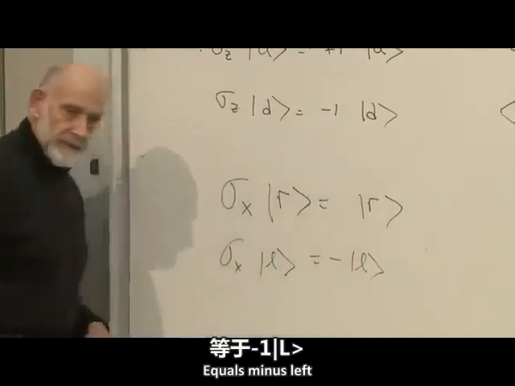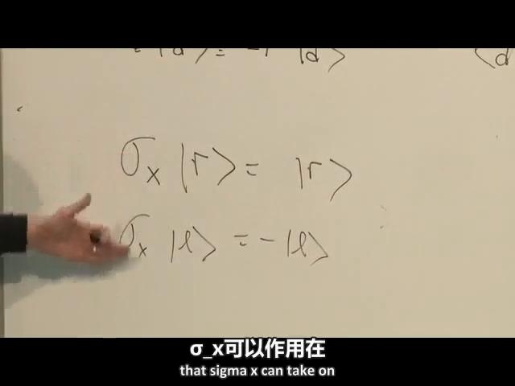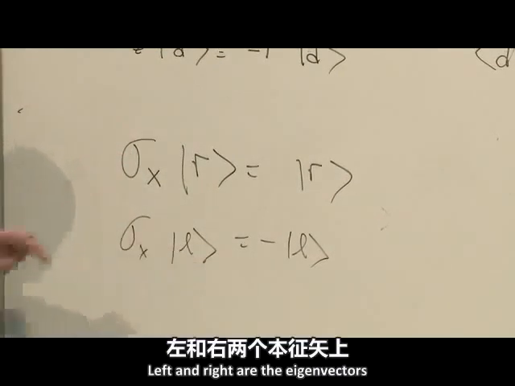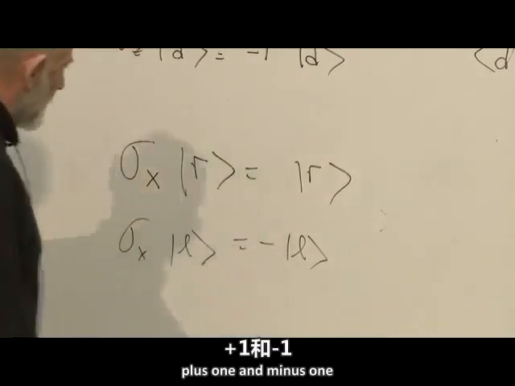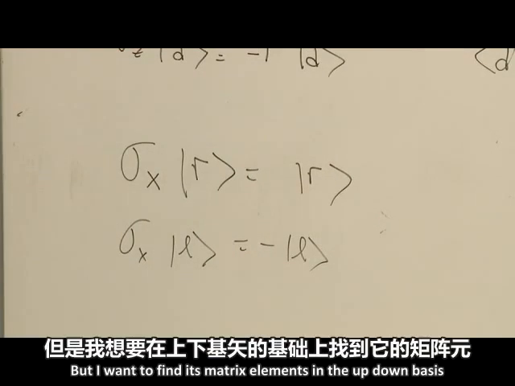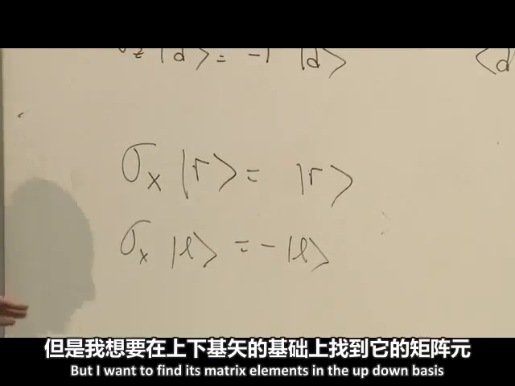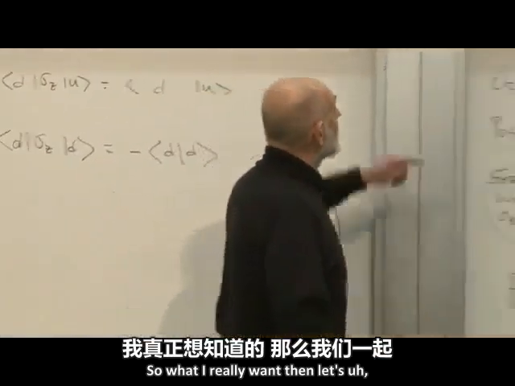Equals minus left. Those are the two possible values that sigma x can take on. Left and right are the eigenvectors, in other words, the states in which sigma x has definite values, plus 1 and minus 1. And this is what I know about sigma x. But I want to find its matrix elements in the up-down basis. So what I really want then, let's come over to here